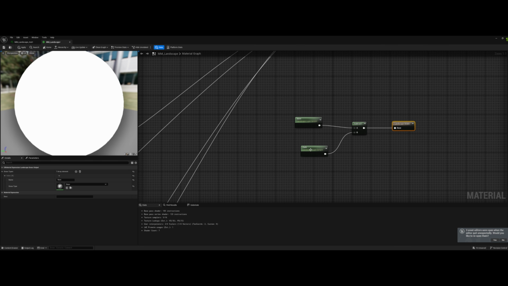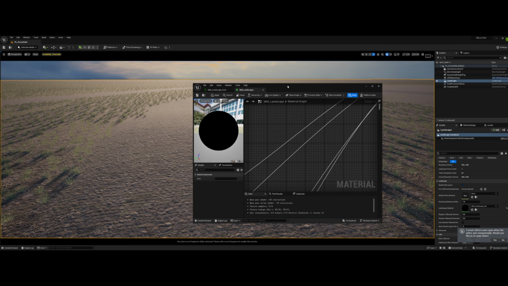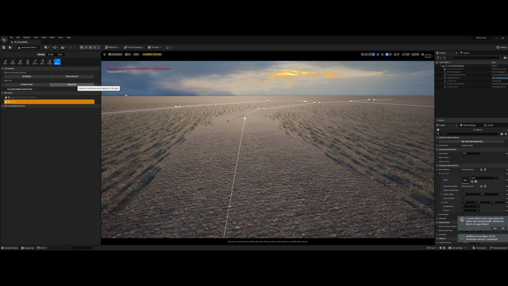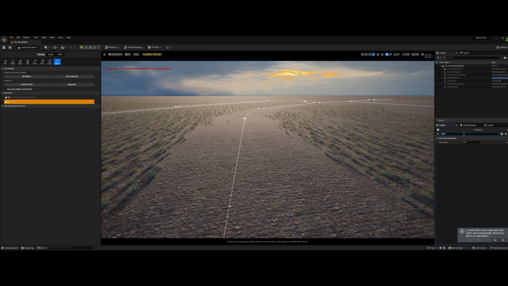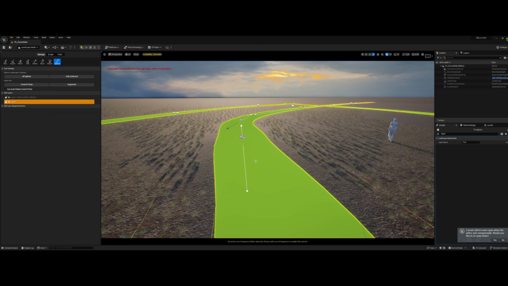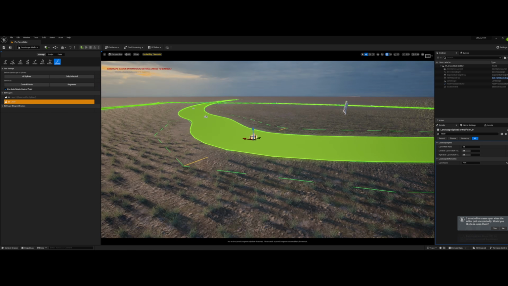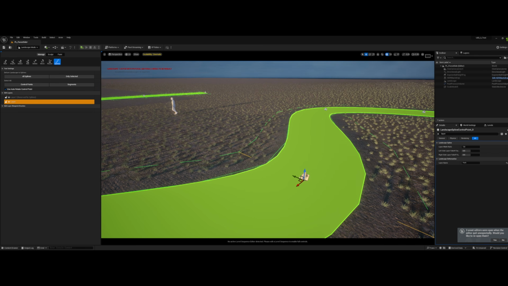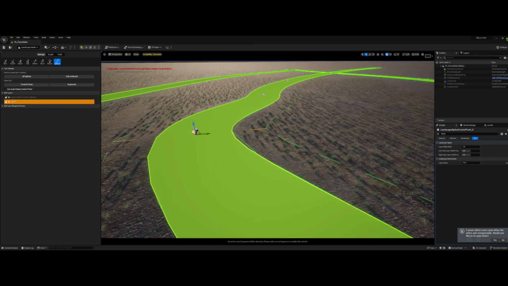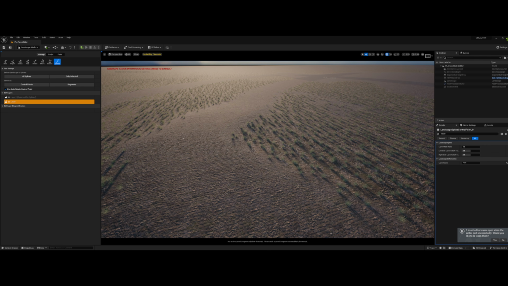And so again, all it is, you're sampling that first layer and subtracting it from your path layer. Then in your landscape spline segments, it's under layer. You just type in layer, name it path. And now you have this path. If we go in here and start moving things around, we see how the grass is going to procedurally conform around all of it, like so. Now, as a bonus tip,